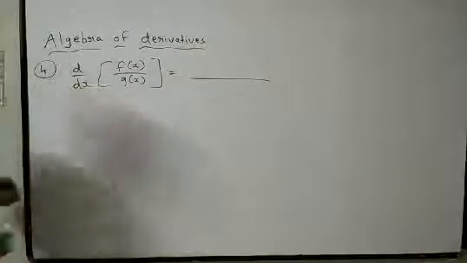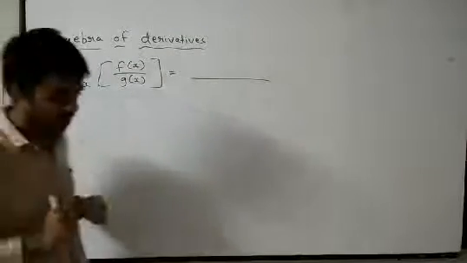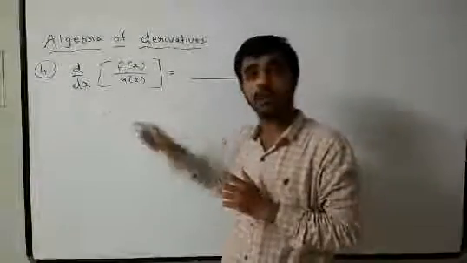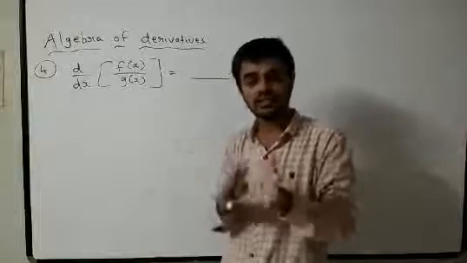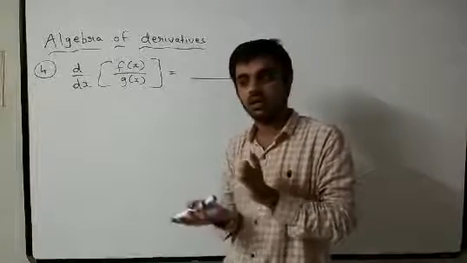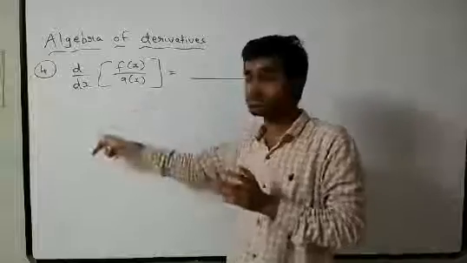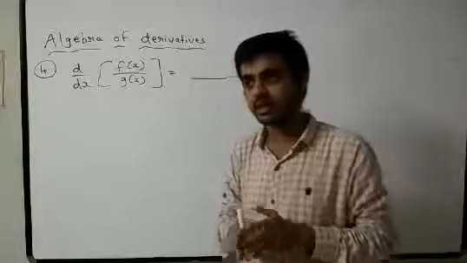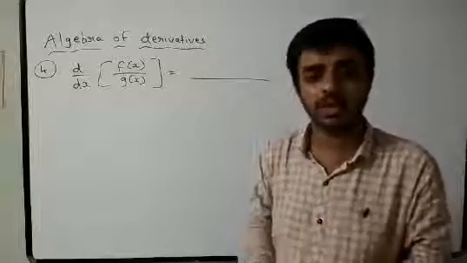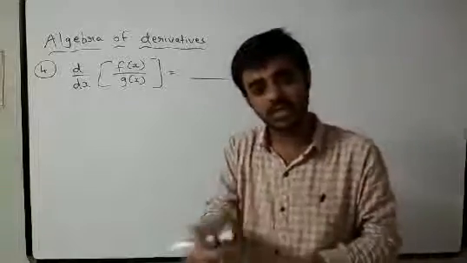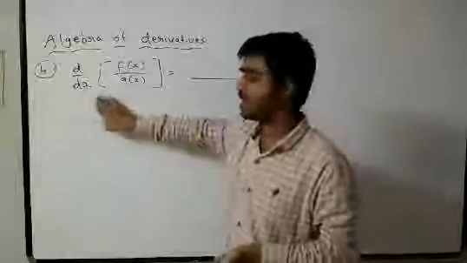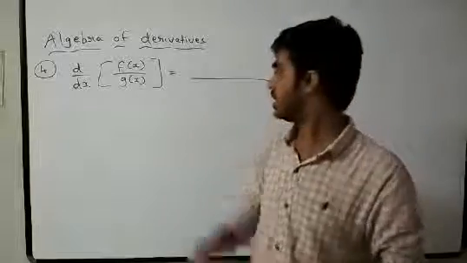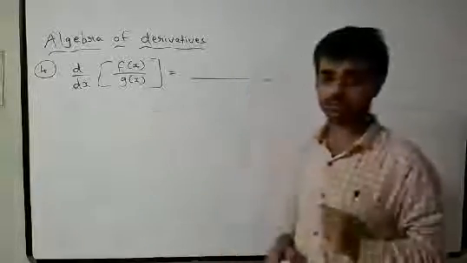First of all, keep in mind the third one we have studied, the product rule, where you can interchange. Interchange means you can write g of x first and f of x second, or f of x first and g of x second. I told you that because addition is commutative, x plus y is equal to y plus x, so in that you can do it. But in the fourth way, this quotient rule, you cannot do that.